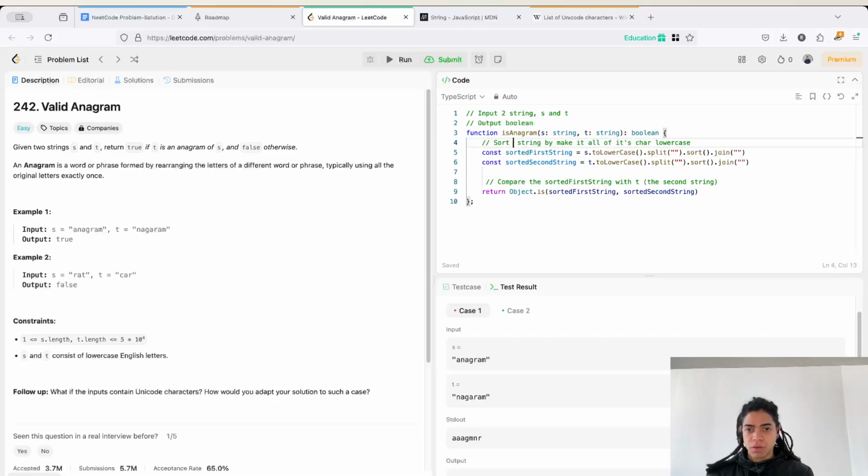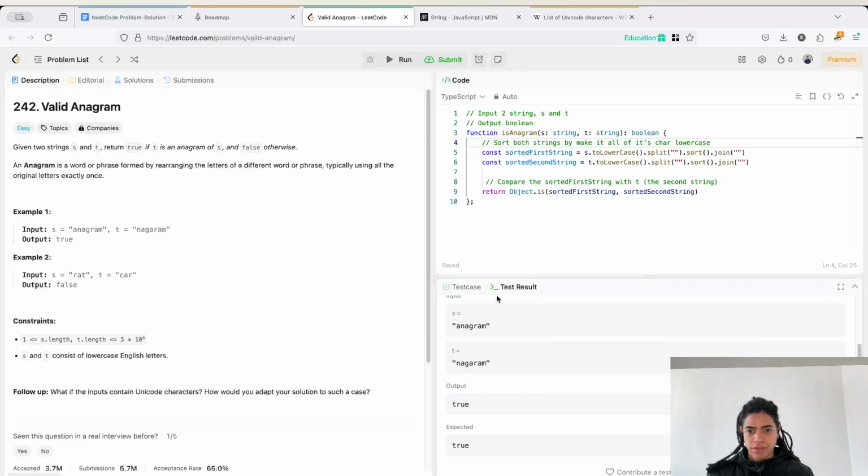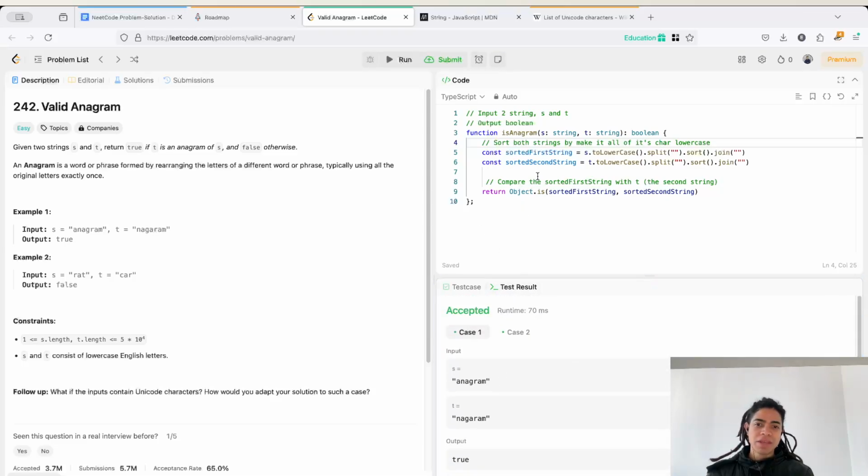Sort both strings, and then compare that with this, which is now the way of how you can do this. Exactly. So now this approach, what it's doing is, if you submit this,